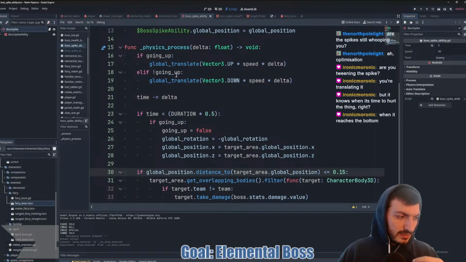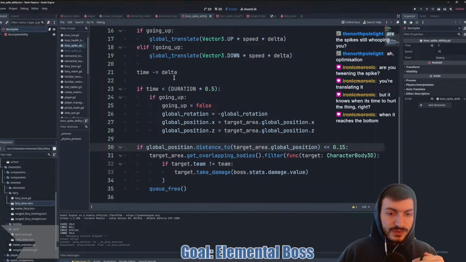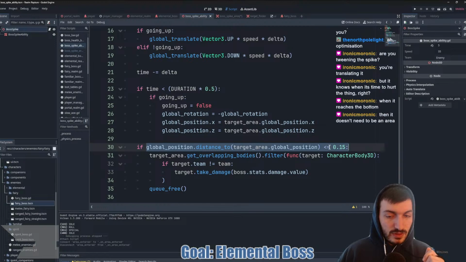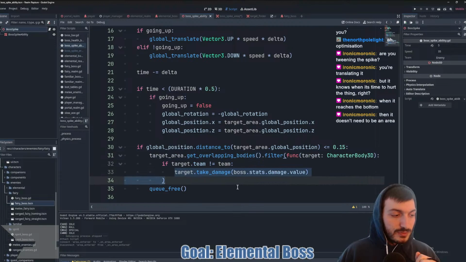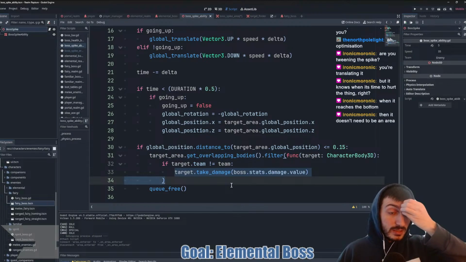But it knows when it's time to hurt things, right? Yeah. The way it hurts things is it just checks its distance to the target area, so to the boss spike area. And then if it's less than or equal to 0.15, then we tell the area, hey, look for character bodies. And if they're not on our team, then they take damage equal to the boss's damage.